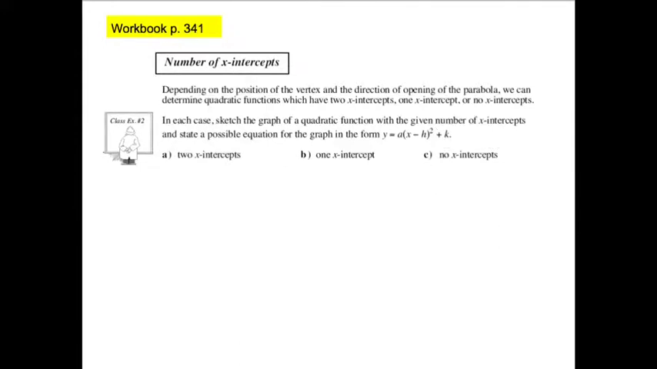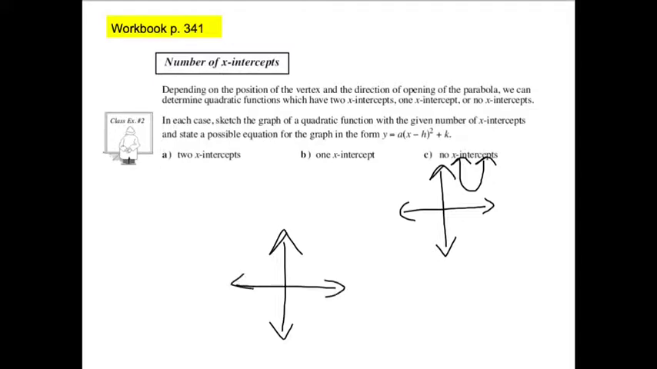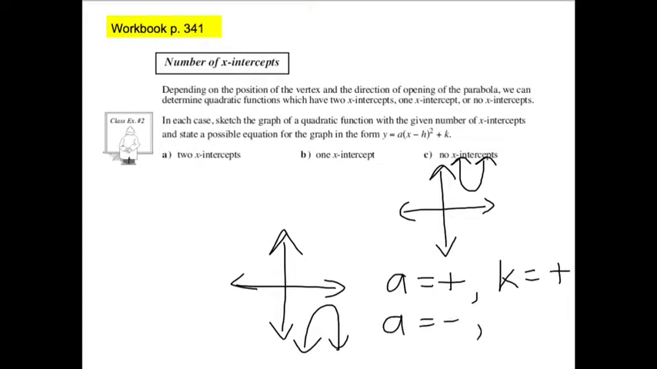Next up, we have a situation where we don't want any x-intercepts at all. So here's an example. If the equation was positive, you'll notice it doesn't touch the x-axis at all. If we had something where the parabola is facing downwards, in that case it's going to be below the x-axis, just like so. So in this case, if A is positive, then the K better be positive as well. If A was negative, then K better be negative as well,